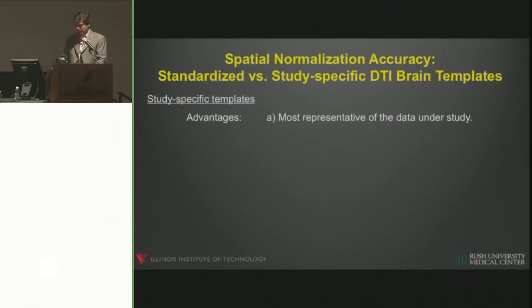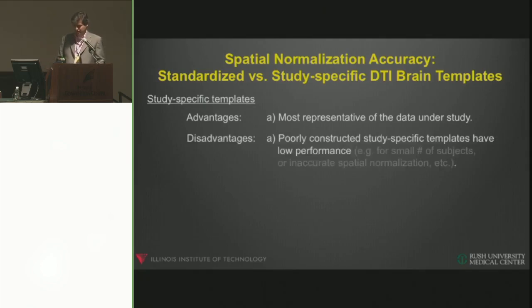So what are the advantages and disadvantages in general of standardized and study-specific brain templates? Let's start from study-specific templates. The main advantage is that it's most representative of the data under study. However, this is theoretically the most representative, because if it's not well constructed, then that study-specific template actually performs worse than any standardized template. So it needs to be very carefully constructed. If you have a small number of subjects, for example, or if you use inaccurate spatial normalization, the title study-specific template doesn't make it the best to use. Okay, so that's a very critical